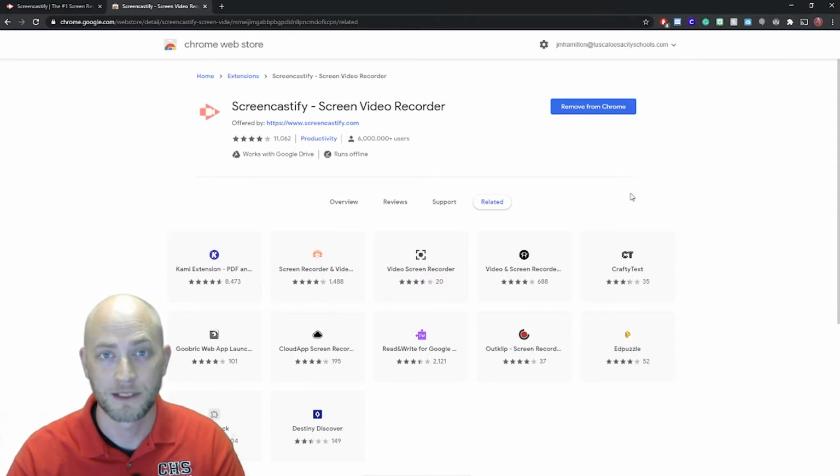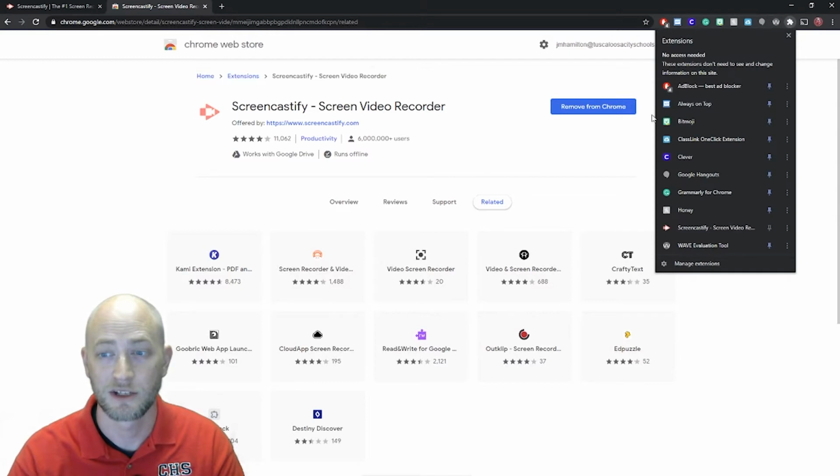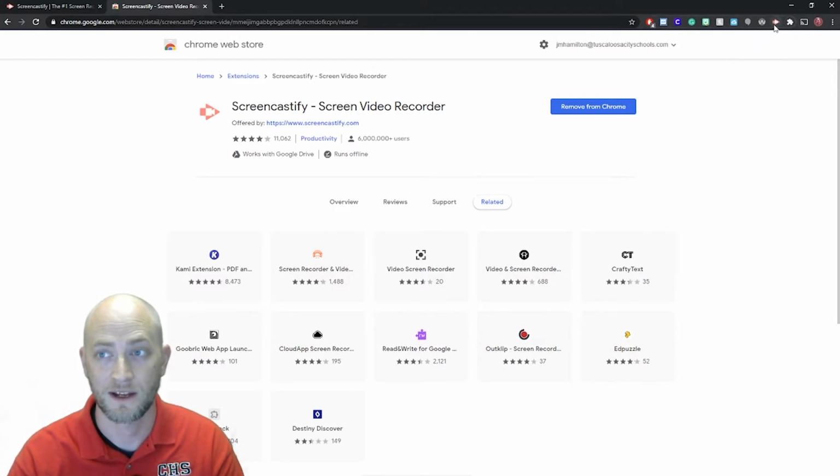Now if you're like me and your browser has a lot of extensions installed, you may not see it straight away. Look for this little puzzle icon, click it, and you're going to see all of your extensions. You'll notice that Screencastify, because it's newly installed, does not have this little pin highlighted. If I click that, now the Screencastify extension will be available at all times in my extension menu up here. If I click it,